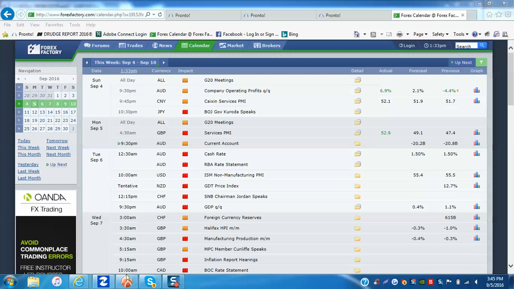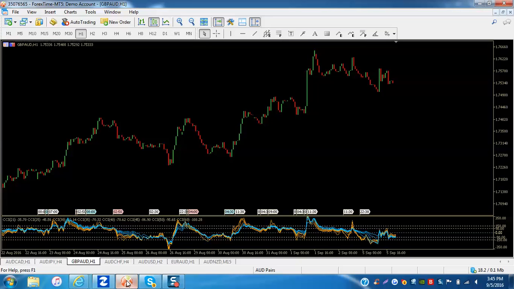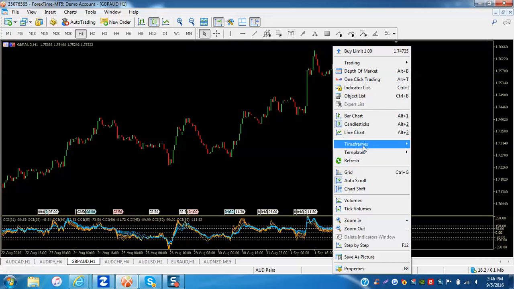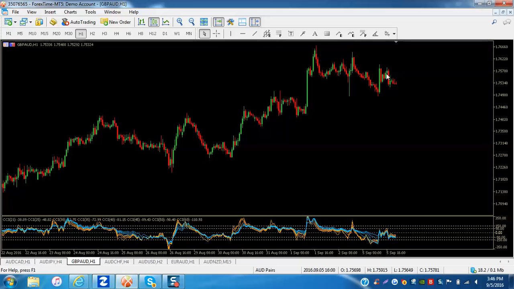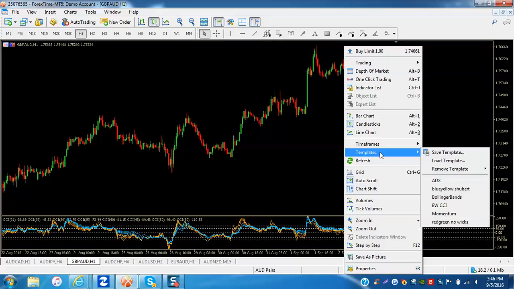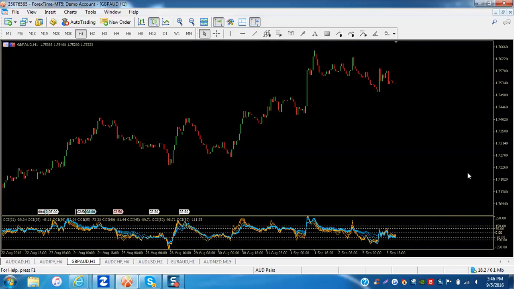Okay. So let's go to some charts here. You may see something a little bit different about my candlesticks here. I'm kind of playing around with this. I don't know if I'm going to stay with it, but what I did here is I took the wicks off my chart, and I only see basically the open and the close of the candle. So I'll just show you here. If I put the wicks back on, there they are, okay? But I just set a template that doesn't show the wicks.